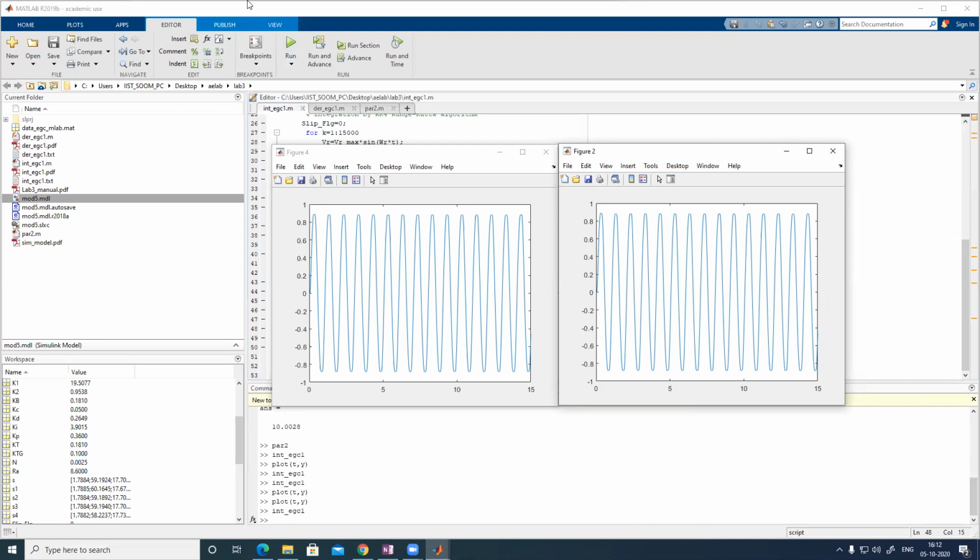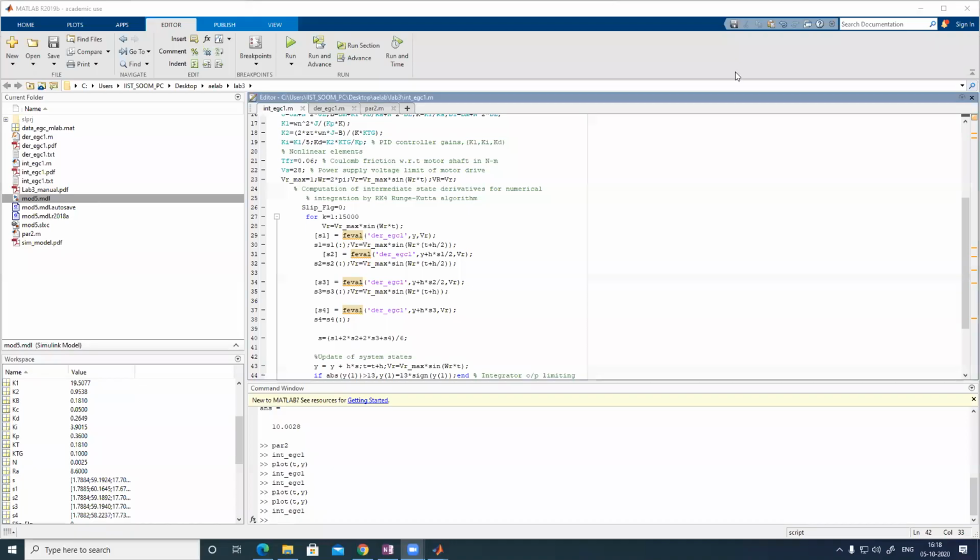If you are done, you can leave. Yeah, that value only you have to choose there. If it is 10%, 100% means VR max you have to change to 10. Yes, sir. Already in VR max I am keeping 10 into 0.1. No problem. Omega R values, you can delete it and do it. VR is equal to that one, you can take it.